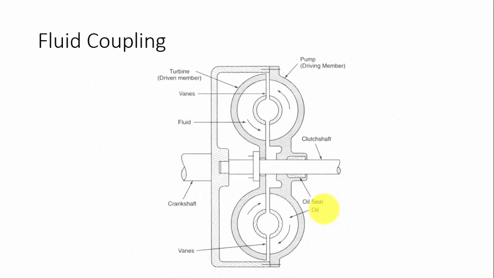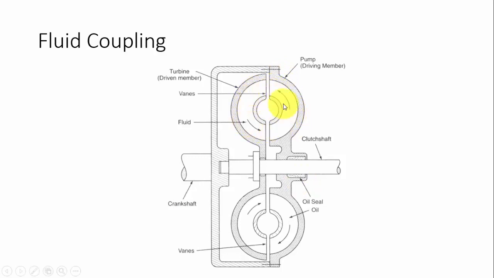And the advanced type of clutch which is used in automatic transmission vehicles is the fluid coupling. Here you can see two sides. One is the crankshaft side. The crankshaft side will be rotating, and through this casing the torque and power will be transmitted to the pump on the right hand side. That is a half semicircle of the whole system. The right side part will be rotating, and here you can see an oil seal which acts as a bearing. When this right hand side is rotating, here we can see the vanes inside this fluid passage.